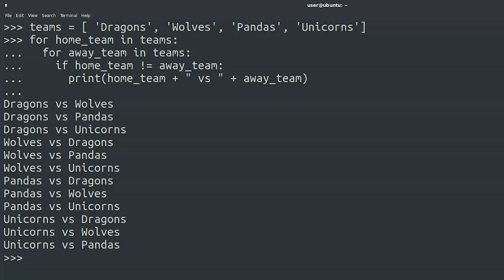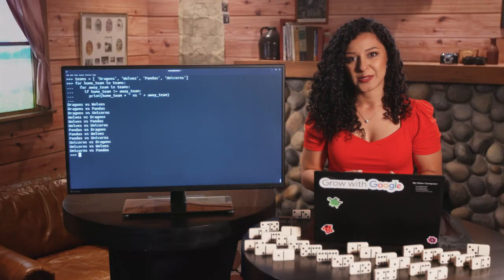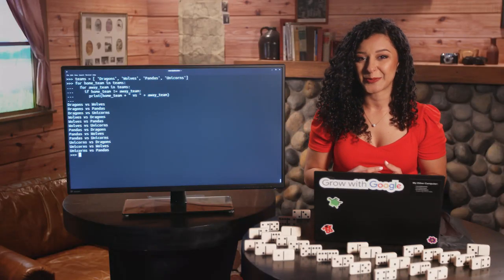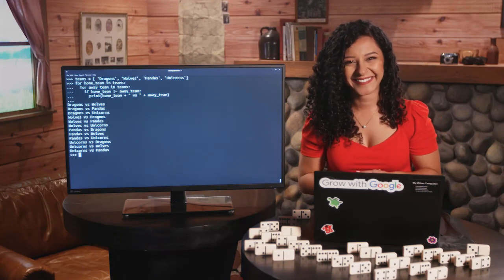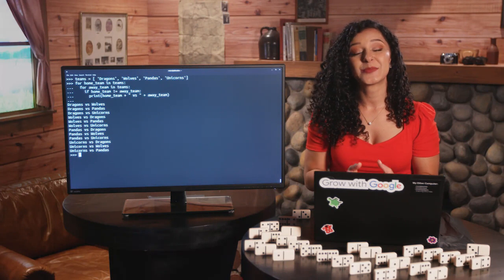Success! As you can see, nested loops are super useful for solving certain problems, like pairing teams. What it doesn't solve is the question, who would win in a face-off between dragons and unicorns? If only there were some code for that. Anyway, we've seen that nested loops are a handy tool,